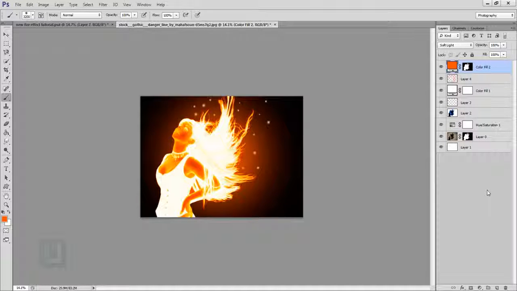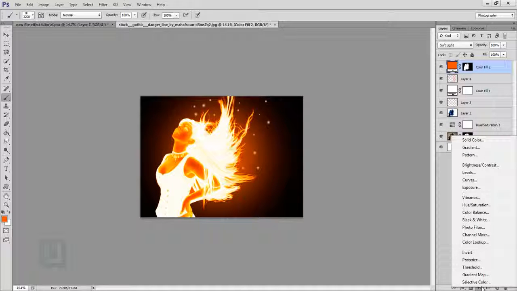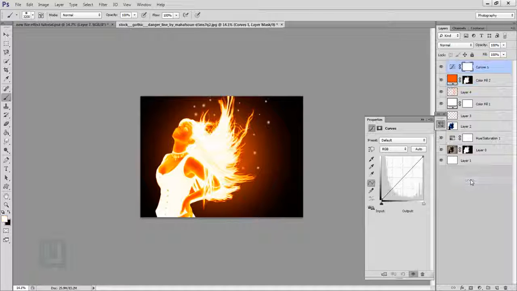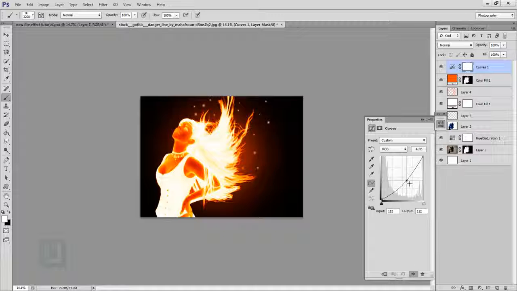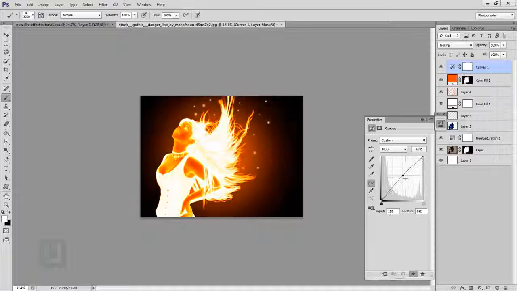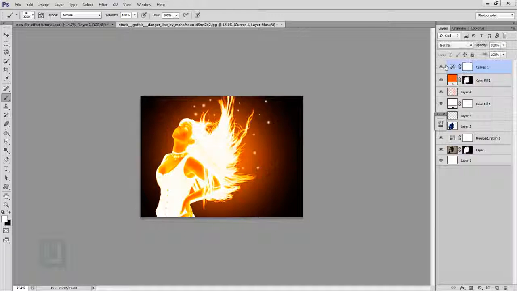So after that's done, this is the time for the final step. So go here to adjustment layer and select curves. And in the curves, you can make it brighter or make it darker, whatever type of effect you want. So I'm gonna go with a slightly brighter one from here, like that. Don't overdo it, otherwise it just doesn't work out. So keep it in control like that, and then if I turn it on and off, you can see the